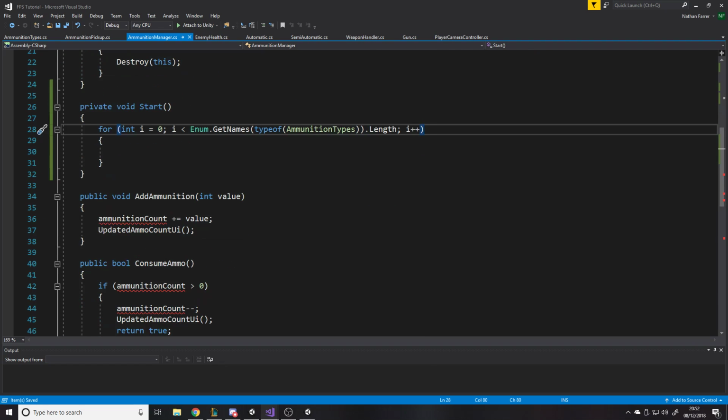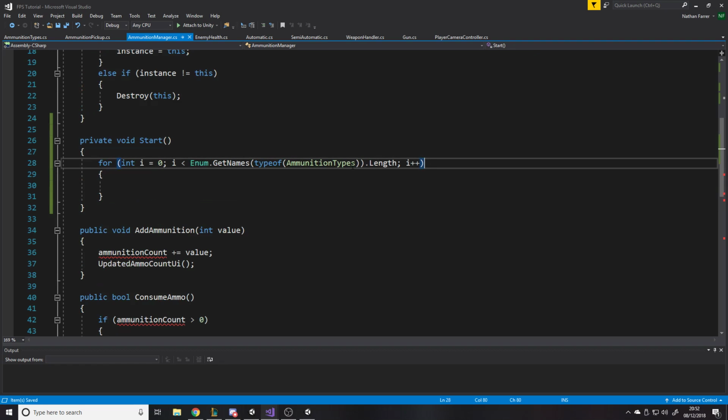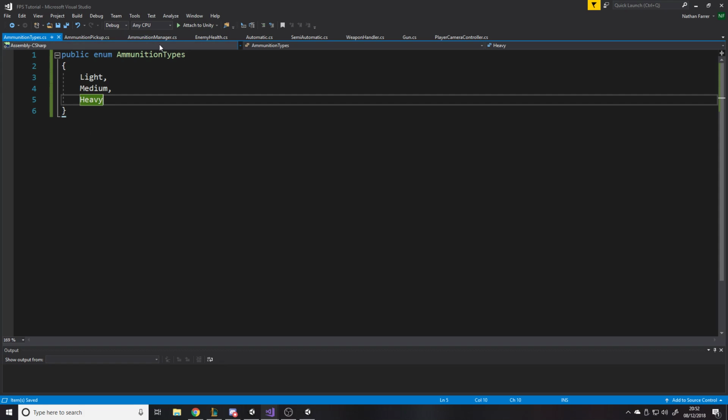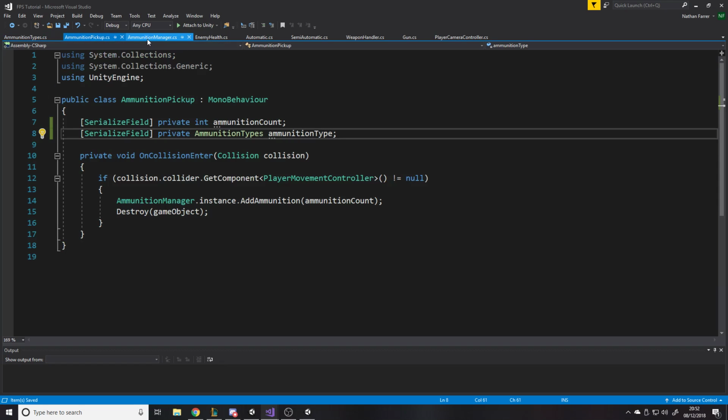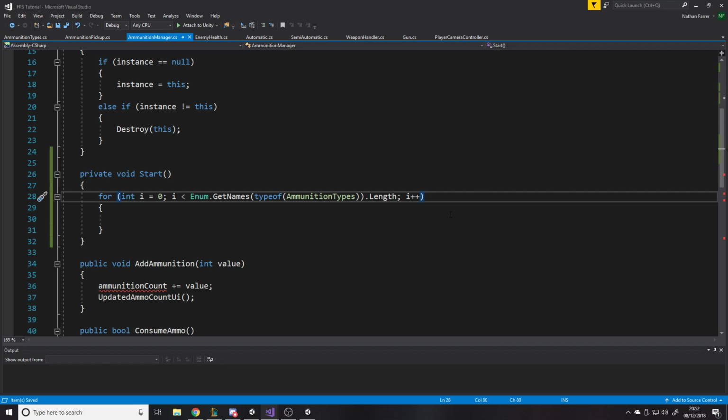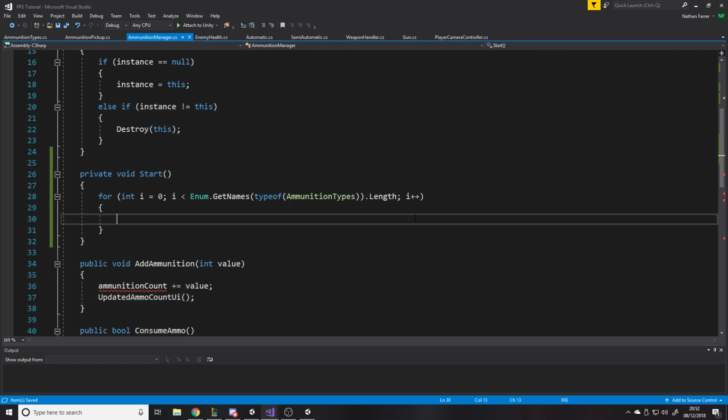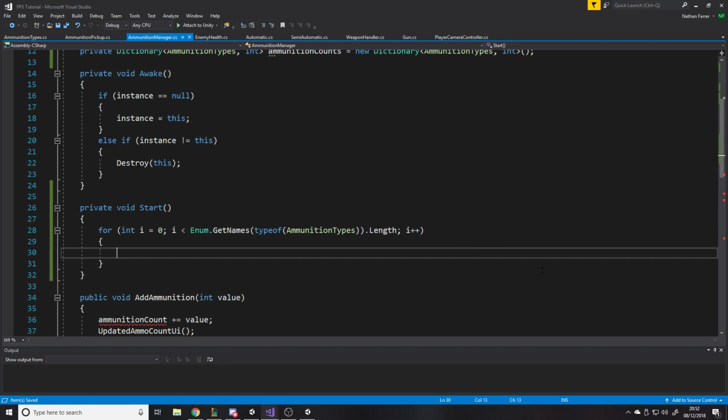I mean, there might be simpler ways, but I have done this before. It was just a while ago. I honestly forgot. So this will get the length of this basically. There's no simple way to do it. That's just the way to do it. So we're going to loop for every ammunition type, and then what we can do now is we can then